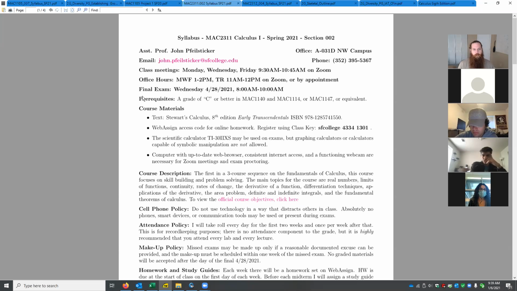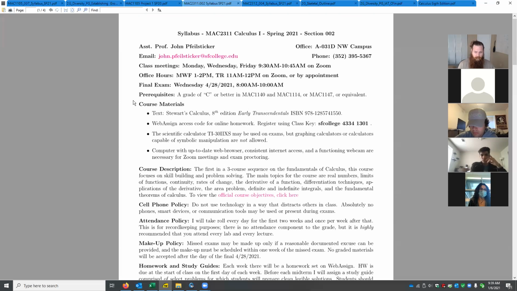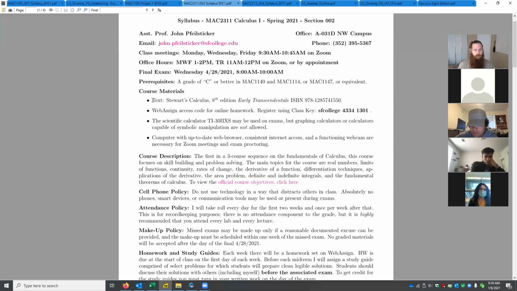The prerequisites for the course, of course, you need a C in the class that comes before or better. Course materials, I do want to talk a little bit about. So we're using Stewart. Stewart is a very old book. It's been around since the 70s. We're in the 8th edition now. And this is the ISBN.